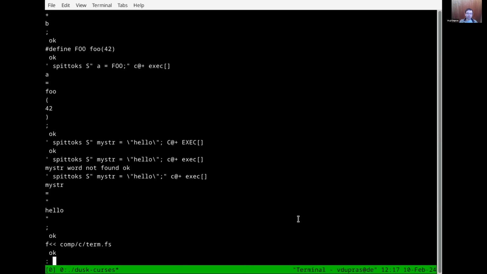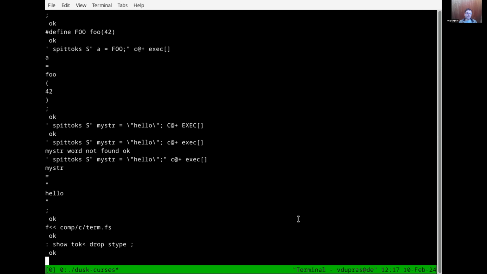Wait, I need a little helper word for this. I'll explain why I need this as I use it. All right. So how do we understand this expression?